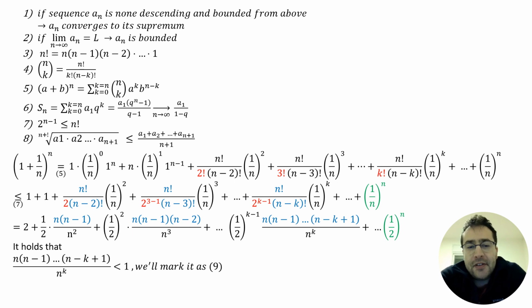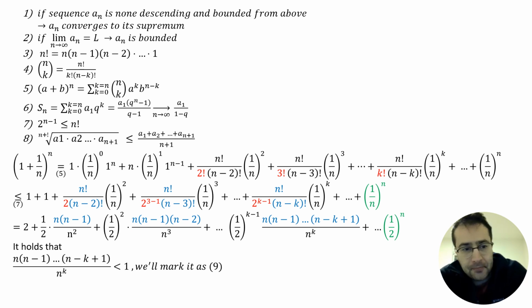And we see that this sum has a lot of factorials in the numerator. And we have a tool to switch these factorials with powers of 2, which is good because it resembles the geometric series sum. So we're going to use number 7 to enlarge the expression, and we end up with